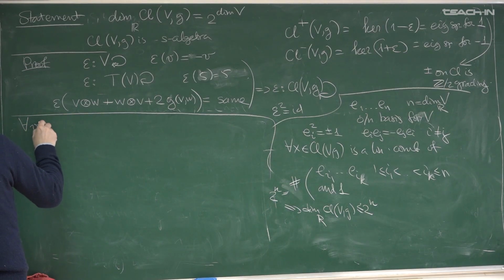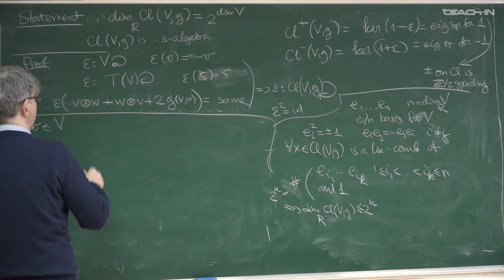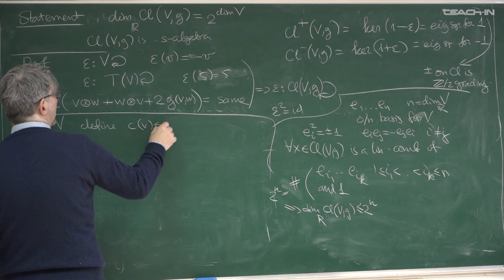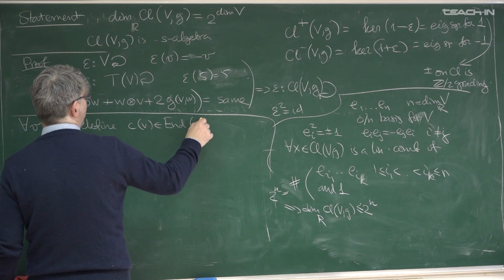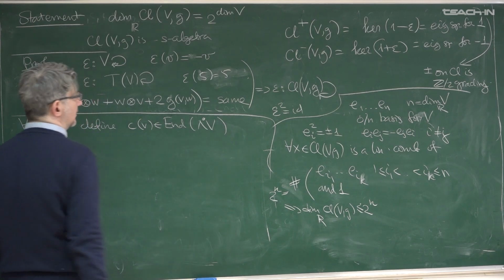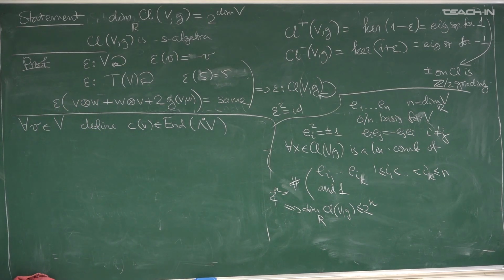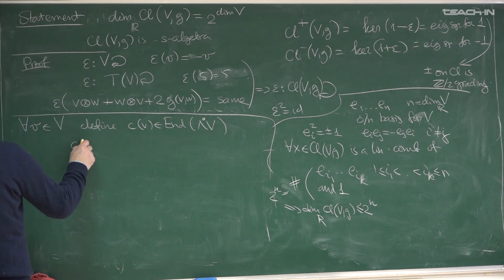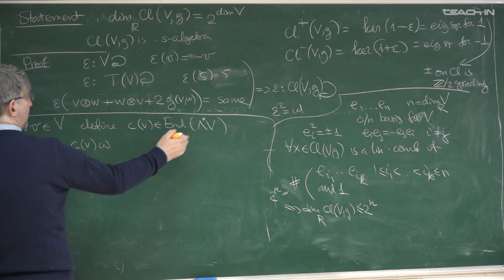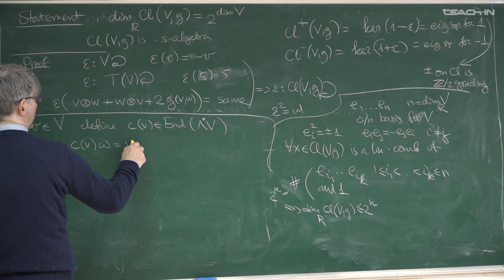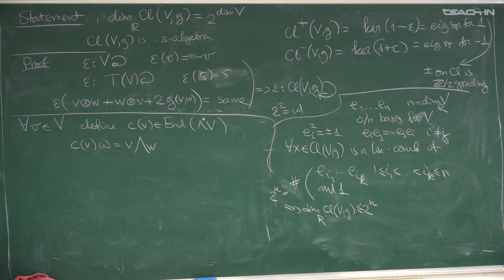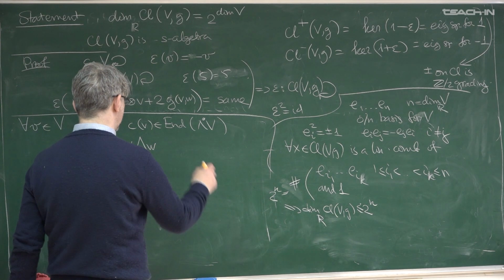For any vector v which belongs to the vector space V, define C of v, an element which is an endomorphism of the exterior algebra defined by the vector space V, in a very simple way. So this operator applied to an element from here is given by the following formula. It contains two summands. Exterior product with v, and then minus